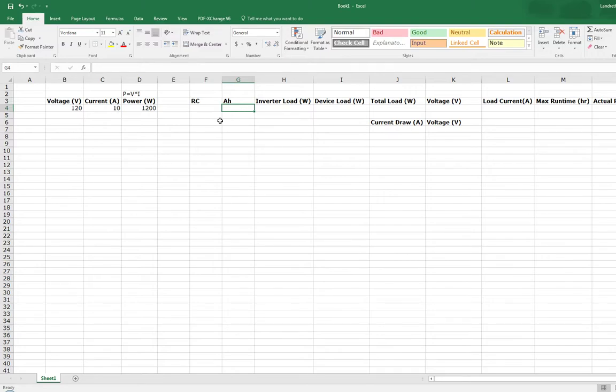So let me just put that into the spreadsheet here. Say you have a 100 amp hour rating battery and your device is pulling 10 amps. You take your rating and divide it by that, and that gives you your theoretical runtime. Now, the thing is,